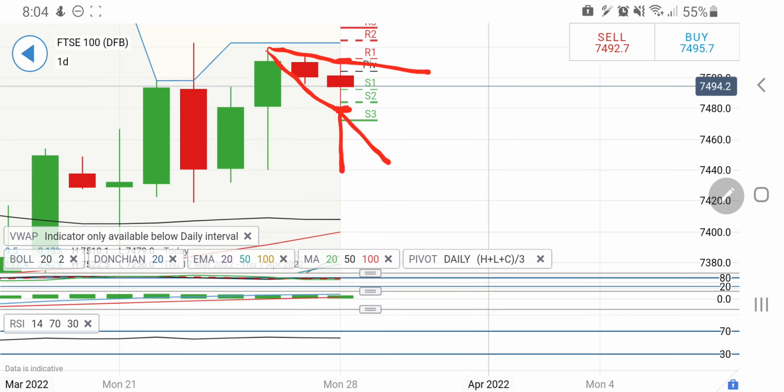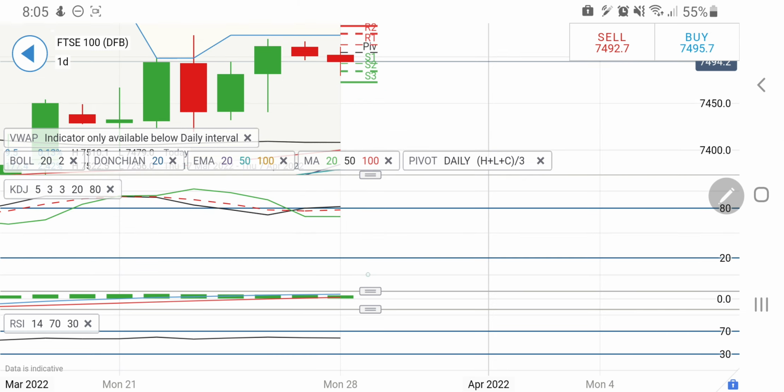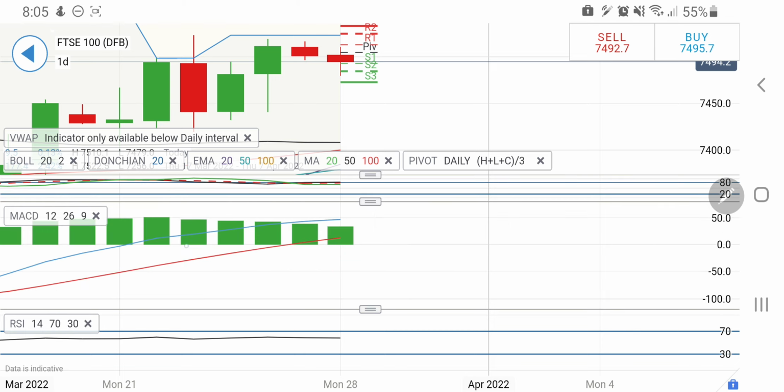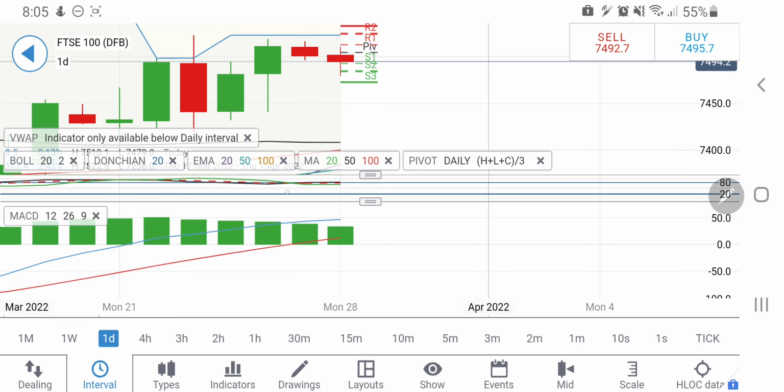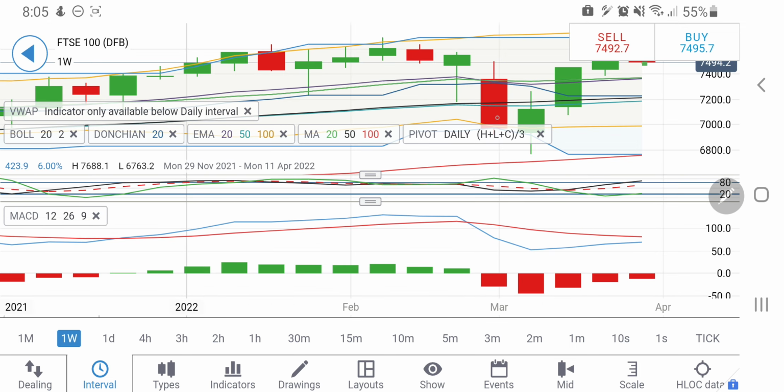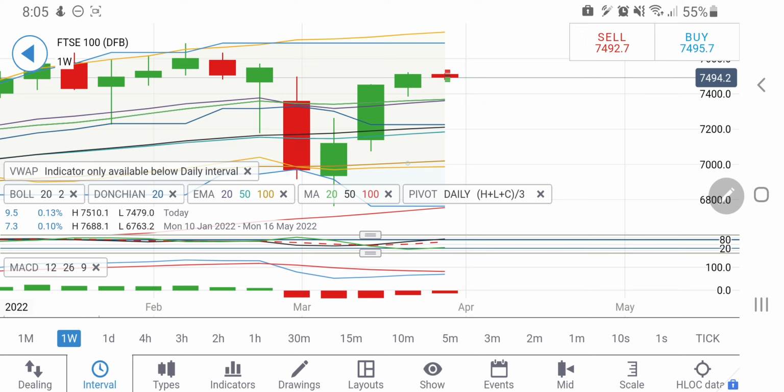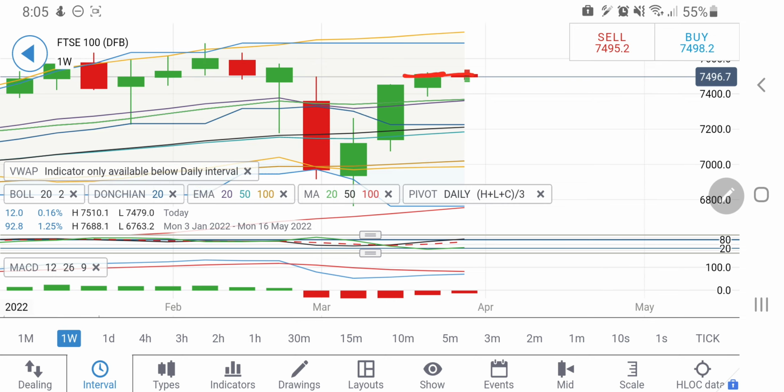Below 7,480, one can expect 7,440, which is again going to be a good support, and the 7,440 and 7,420 zone I'll be watchful of. Below that, definitely it will give a strong break throughout this week, and one can remain short. Stochastic is overbought, MACD lines are wide divergent and still on the buy side, so probably they try to converge with a good drop this time. And look at the weekly chart. The weekly candle has started, and see, I have told you that it has to break this zone.